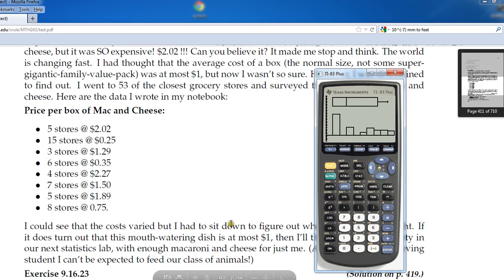And it didn't make any mention in the problem of, did we normalize this? Did we go and get the cheapest mac and cheese in all these stores? Because that would change the results. And this might sound stupid because you're talking about mac and cheese, but this could very easily be talking about anything else, like, for example, different foliage covers for certain trees. If you're looking at trees that are 100 years old versus 40 years old, you might be getting vastly different results when you shouldn't be comparing apples and oranges.